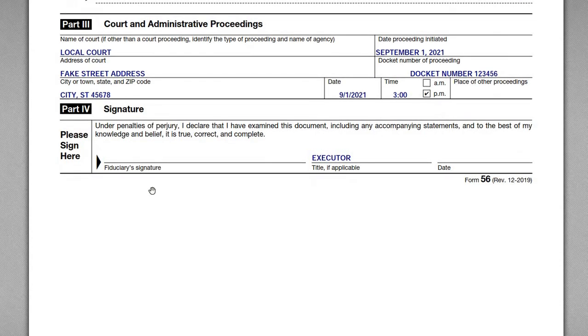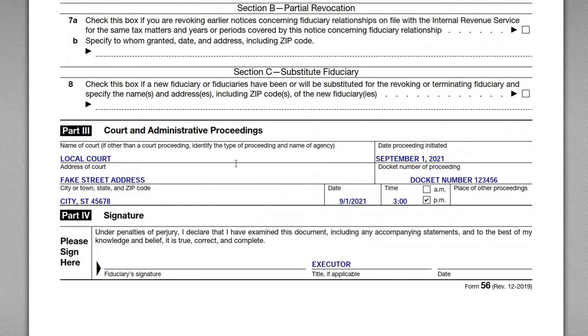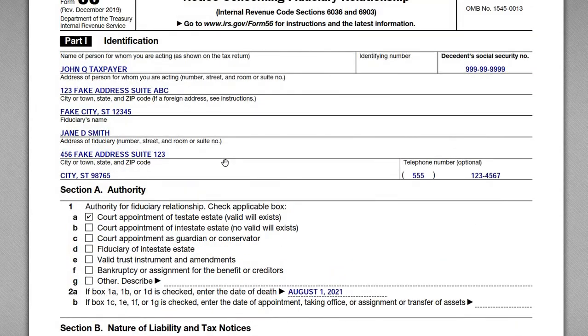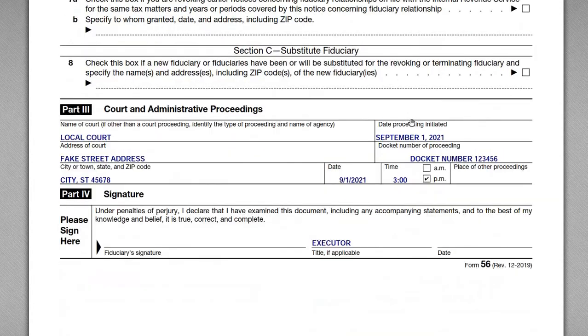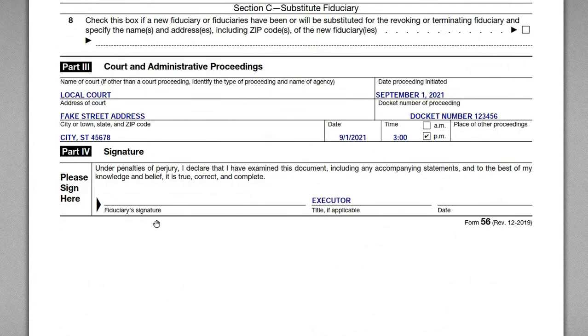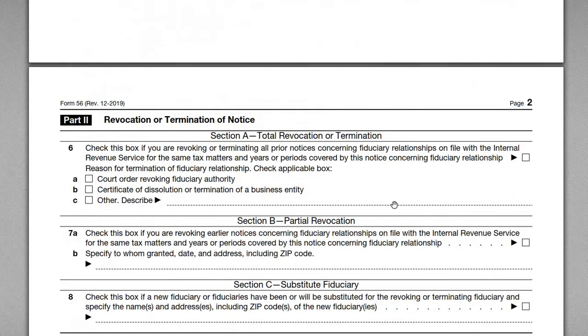And ultimately, Part 4 is going to be signed by the fiduciary. Right, so the fiduciary in this case is Jane. So Jane's responsible for completing all this information, or if she wants to hire a CPA or a lawyer to prepare all this for her, she can. But ultimately, she has to be the one signing as a fiduciary. And again, it's a standard penalty of perjury statement. So she wants to make sure that all the information here is true, accurate, and complete. And then she enters her title. In this case, she's the executor of the estate, dates it, prints it out, and then mails it to the